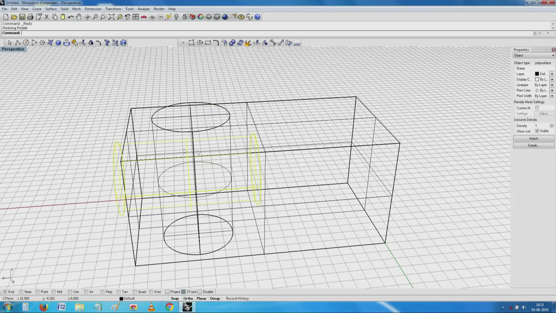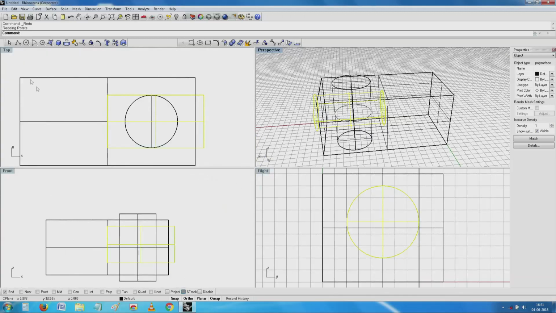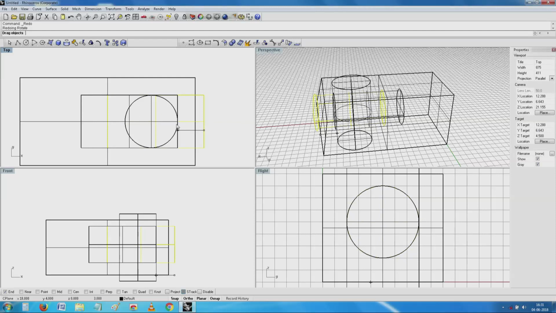I have this cylinder here. So, it is possible for me to continue to make it into a through hole in this direction also.